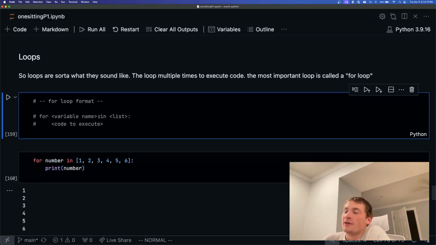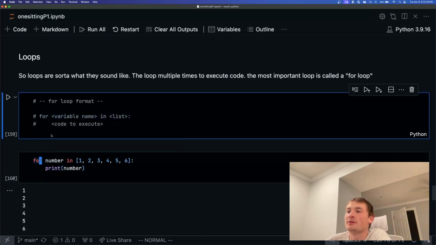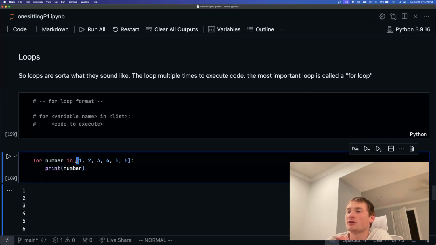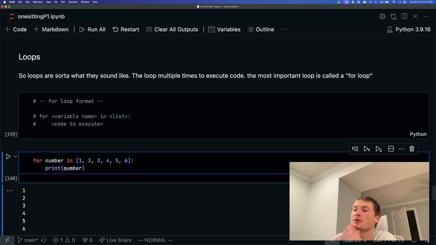Okay, great. So this thing is called a for loop. It's a specific type of loop, and it uses the for keyword. And then you have some sort of list that you're looping over. So that's kind of where the name comes from. You'll go here, here, here, and do something every time. So here, this prints